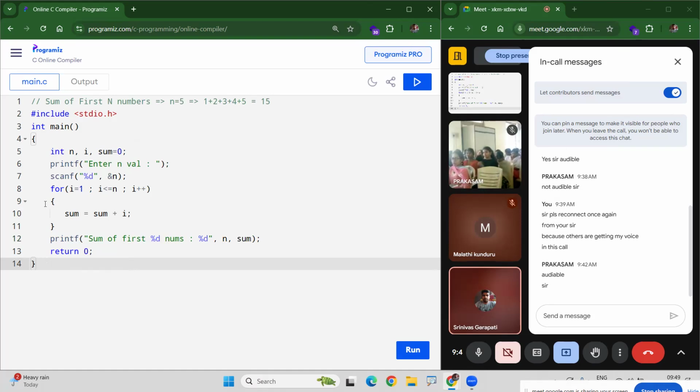Okay. So sum of first n numbers means what? We are taking one variable, sum. Here it is. We are finding the sum by repeating that loop and printing. In the same way, the next one is